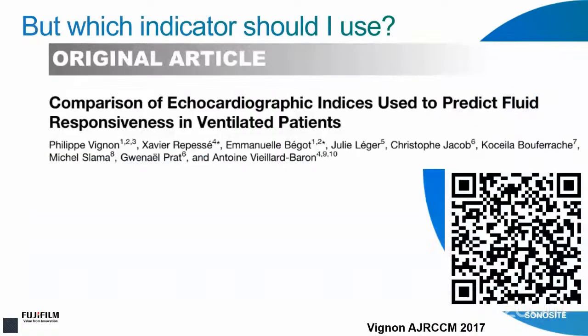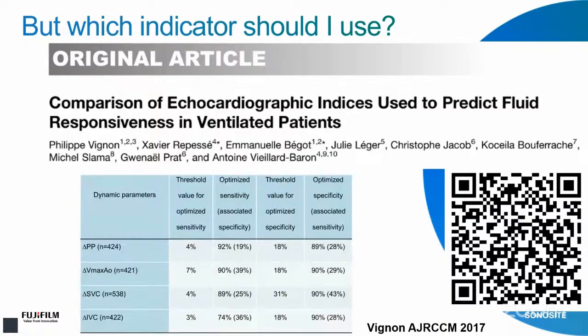Then we might ask ourselves, which indicator should I use? And this is where I'm going to go back to that study by Vignon et al. from the Blue Journal, where they compared a bunch of different echocardiographic indices to see whether or not somebody was fluid responsive. And I love this study. It's incredible and it's worth reading in detail, but buried in the supplemental tables is this one, which I think is just gold. And this is the idea that instead of having a single threshold value for any indicator, we want to have a